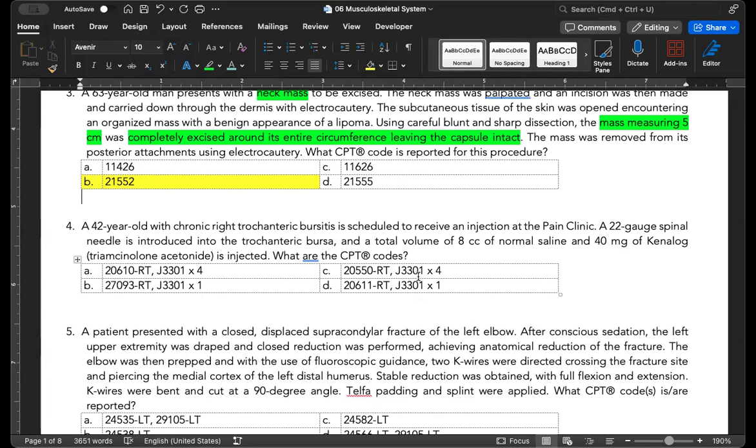J3301 is for your injection of triamcinolone acetonide,